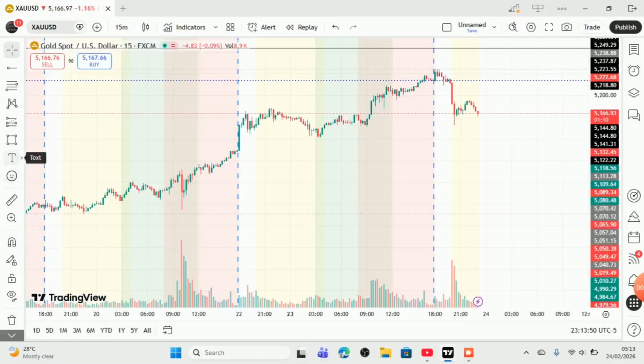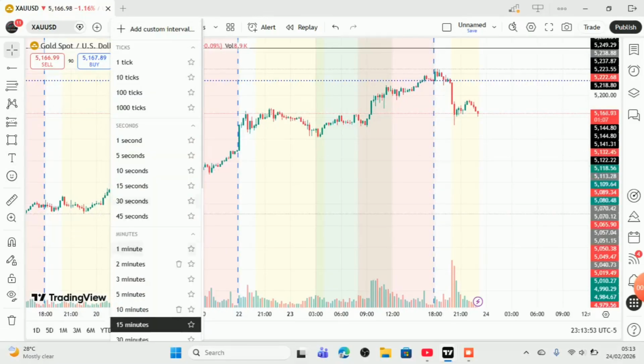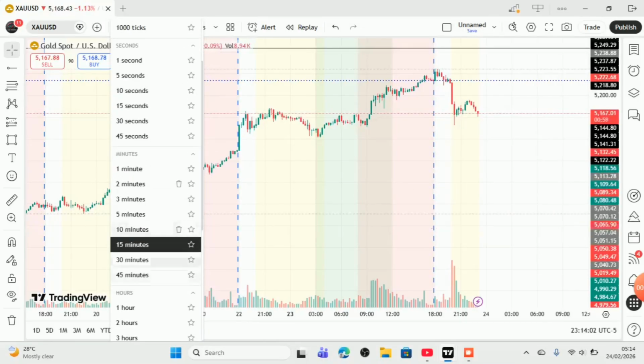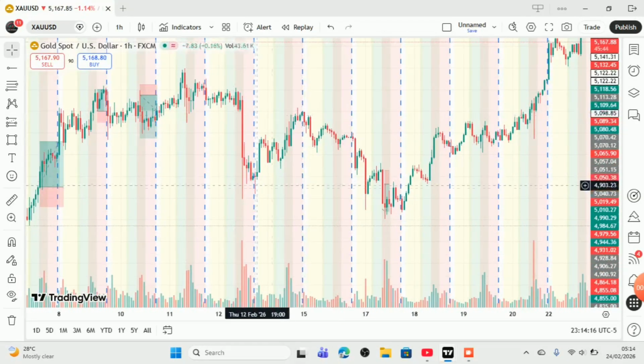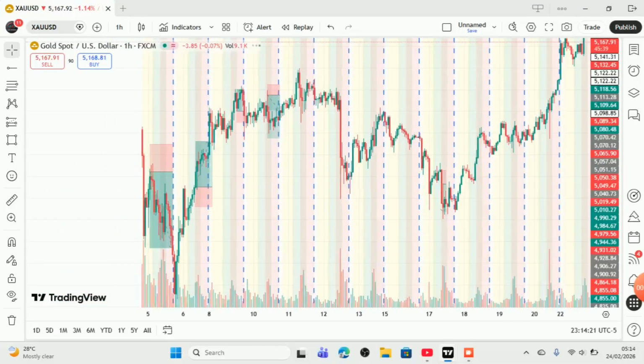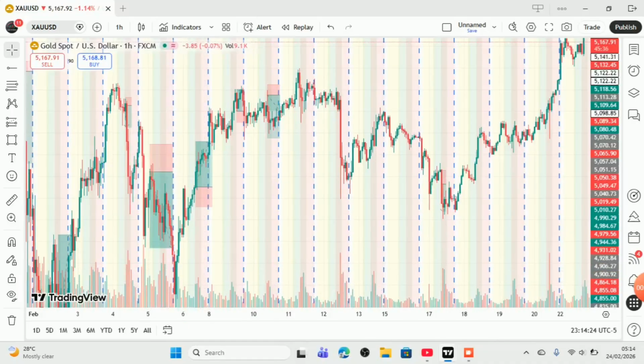So for example, we came over to the 1 hour time frame. You can see that this market is showing us the direction of where the market is heading to. In 1 hour, you can get the clear direction of where the market is heading to. Do you understand? So from here, you will make a lot of money knowing that this market is coming up